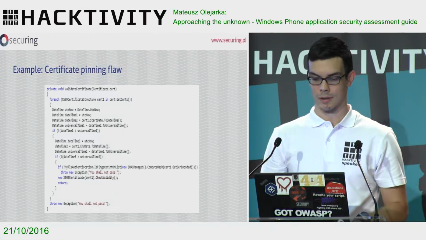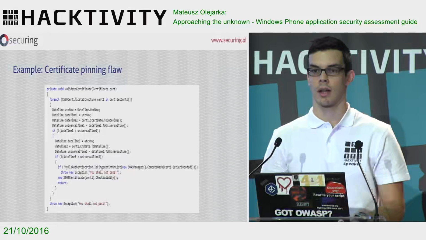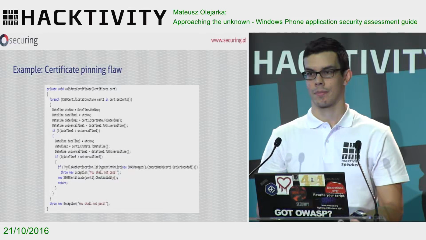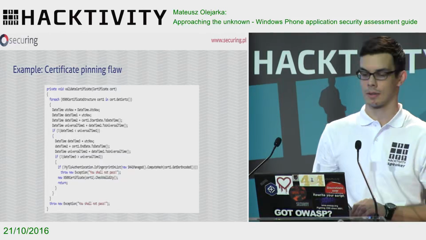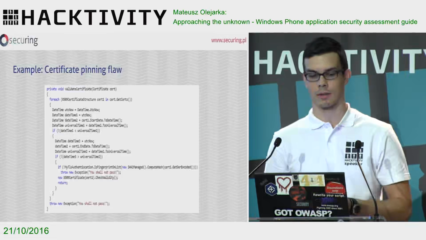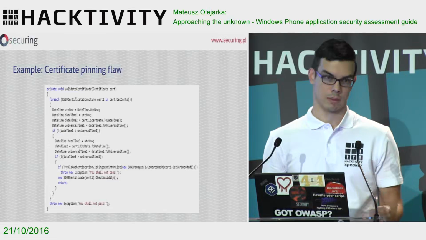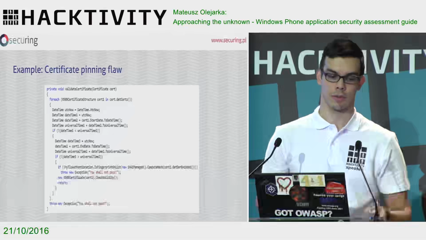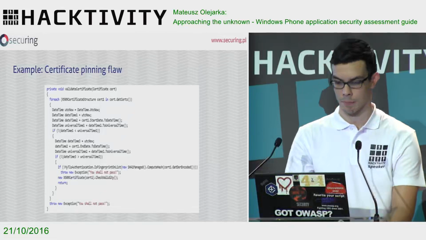Okay, so the case is here, what will happen if the server certificate will change and its hash won't be in the application? For example, let's call it the case that certificate was signed with SHA1 and you have to change it to something else, the same signature, because of the flaws in the SHA1.